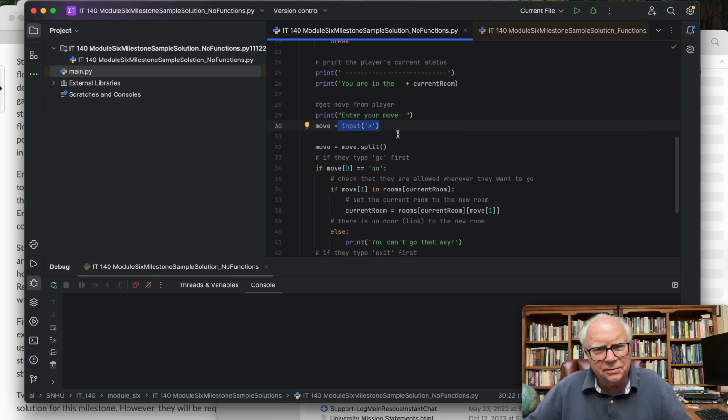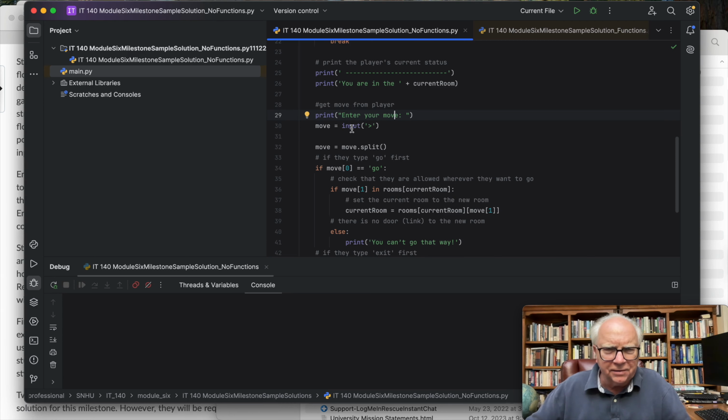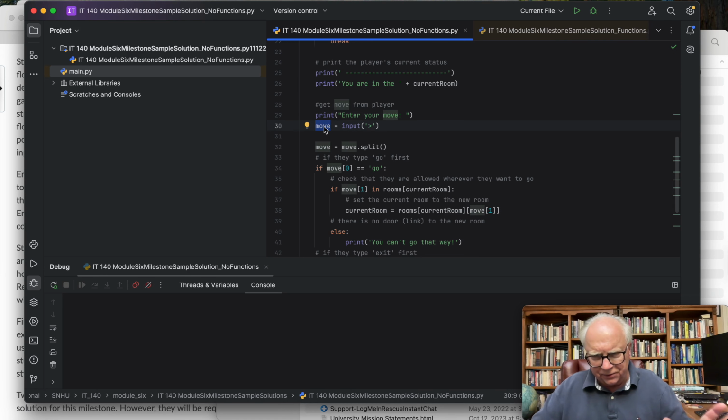Whatever the player types in response to this request for input is going to be stored in this variable. It's going to be a string,